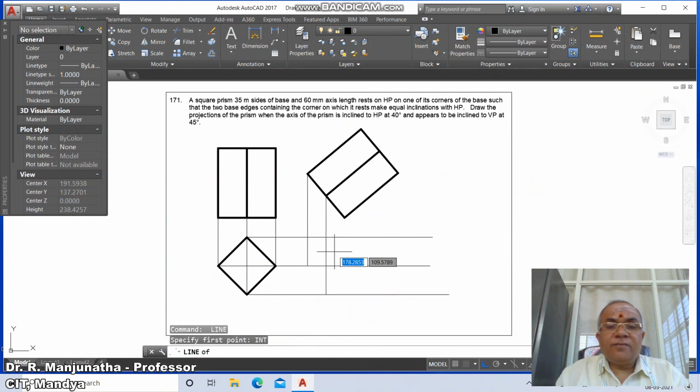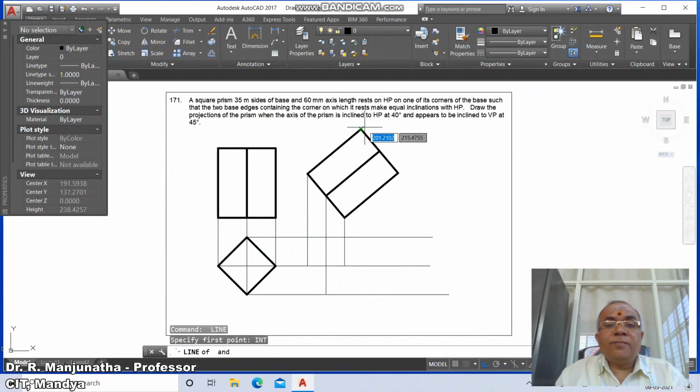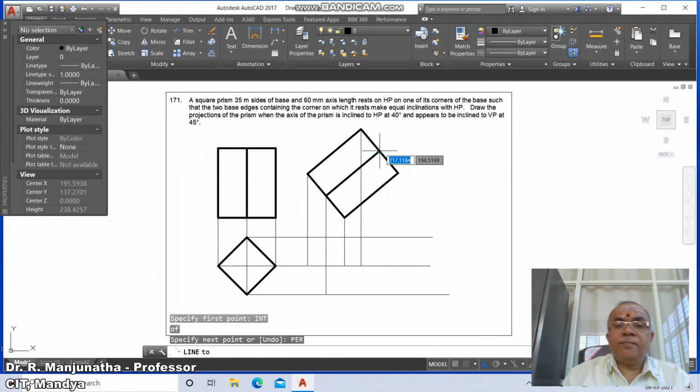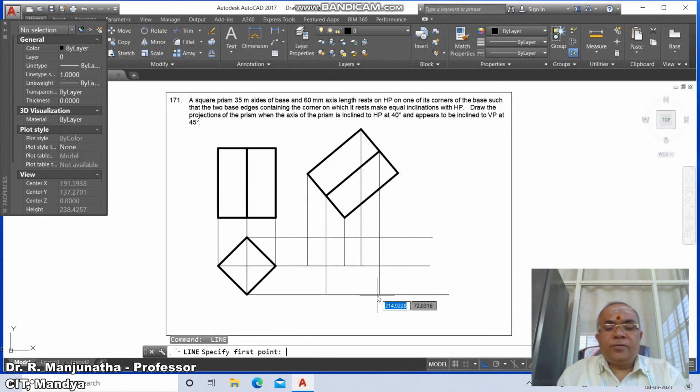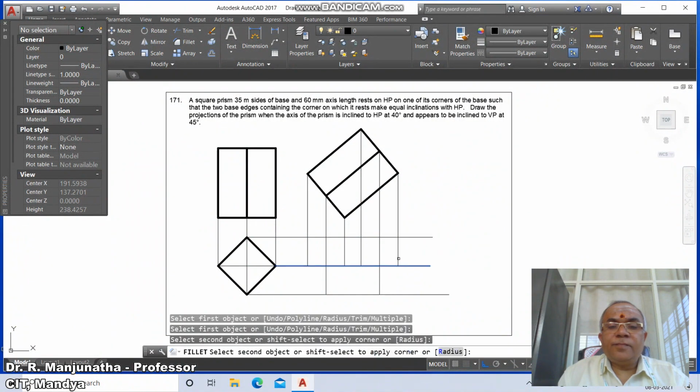then go to line int of this and draw perpendicular to this, and repeat the same for the remaining points: line int of this and draw perpendicular to this, then again line int of this and draw perpendicular to this, then go to fillet between these two,